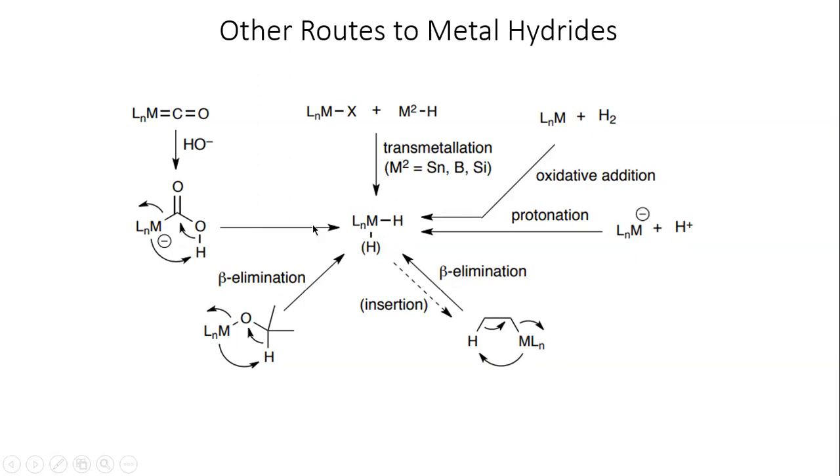And you can even take a metal carbonyl species and rearrange that to get a metal hydride to get here. Right. So there's a lot of ways to get to that, but the traditional method is probably the most widely